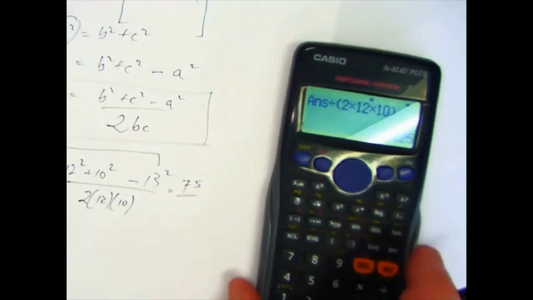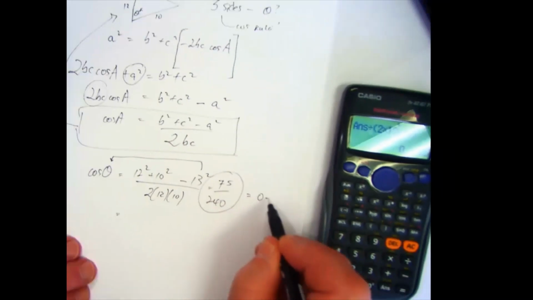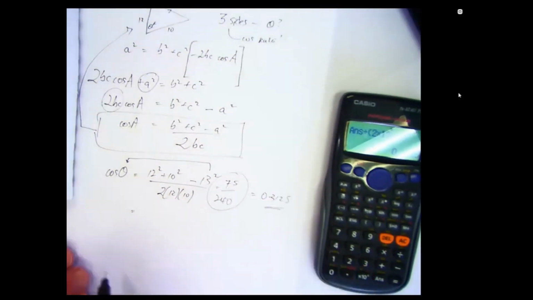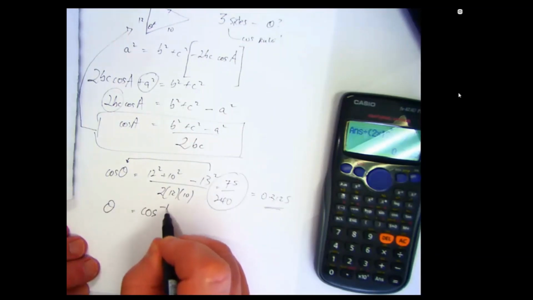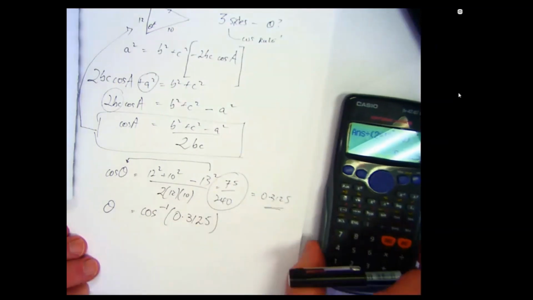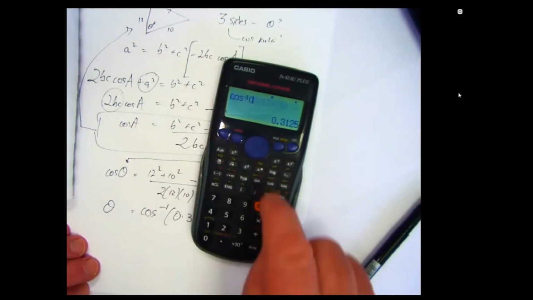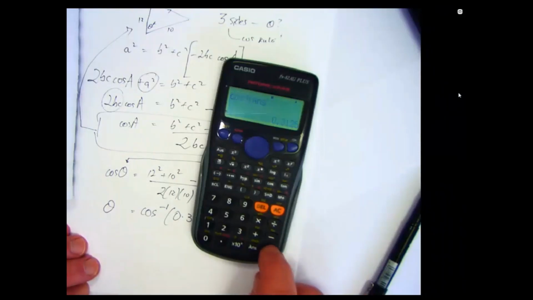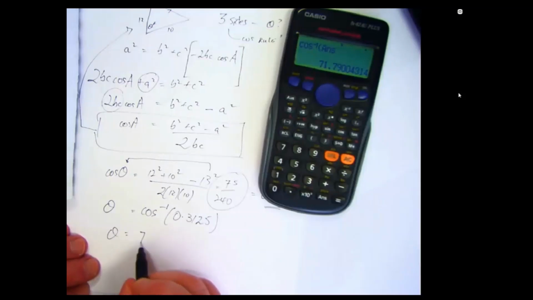Excellent. Okay, so this will give us the denominator 24. This is actually 240. When this works out, you get 0.3125. So now we finally say, good, theta, remember this from before, shift cos, here's my decimal, 0.3125. Okay, now I don't have to change this because I can just hit shift cos answer equals, and there we go. Okay, so theta equals